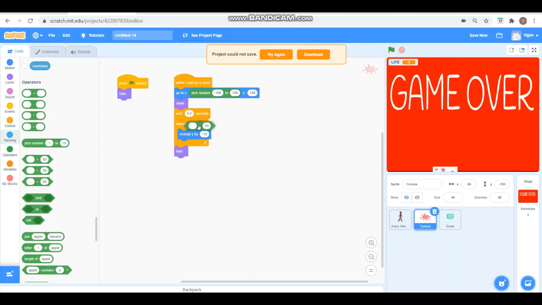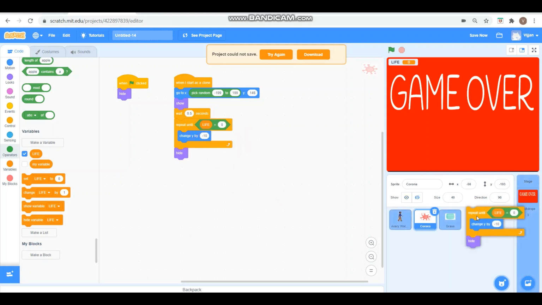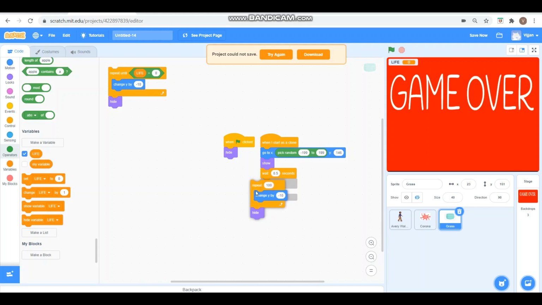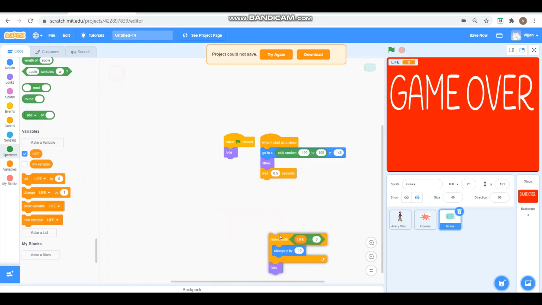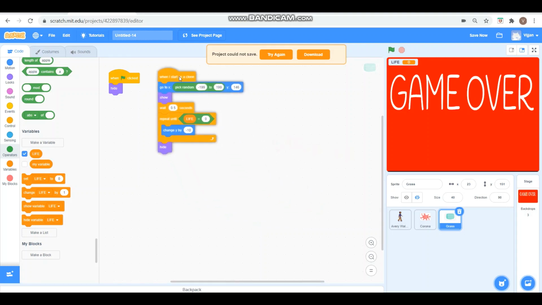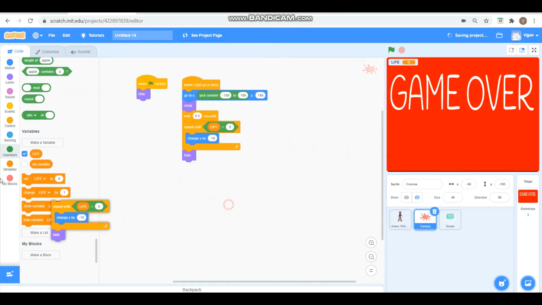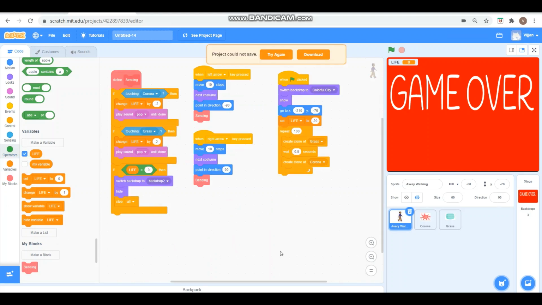Go here, drag this one over here, and set the variable as life equal to 0, repeat until life equal to 0. So the same code we need to put in corona also. So I'll change this one, repeat until life equal to 0. Delete this one.